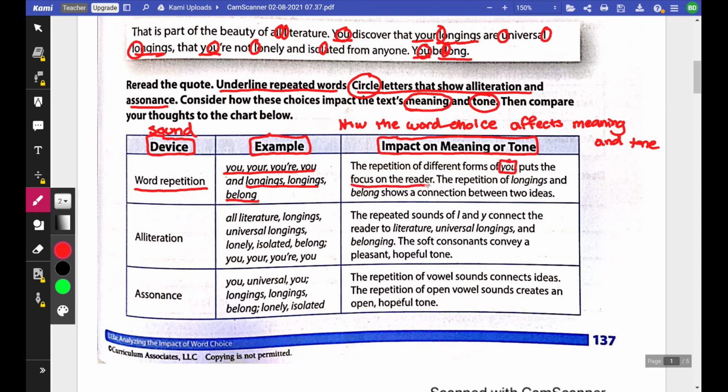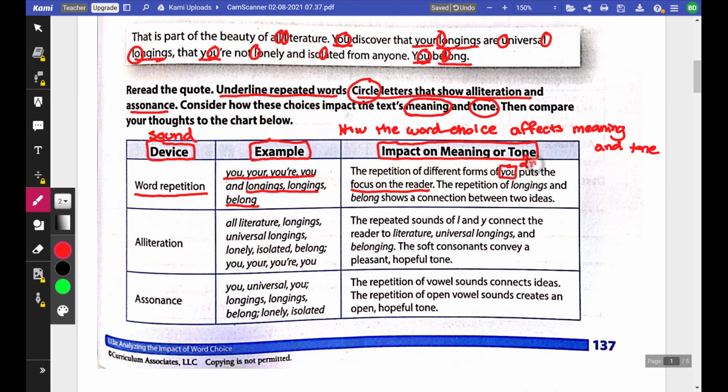Whenever they use that word you, we know that is second person and it's the speaker talking directly to the reader. So we know that in this quote, which is by Fitzgerald, Fitzgerald is talking directly to us because he uses that word you. So the repetition of this you sound really lets us know that he is focused on us as the reader. So the repetition of longings and belong